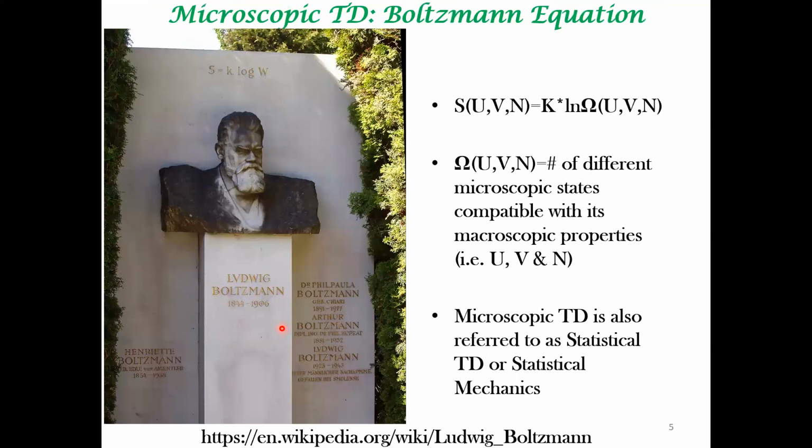So the central equation in microscopic thermodynamics is called the Boltzmann equation. He's one of the pioneers of this field. So look at the timeline. In those times, Boltzmann's theories were not even accepted by his peers. Actually, he killed himself